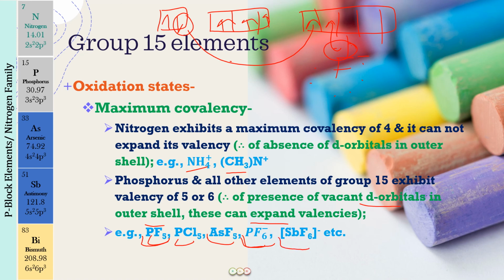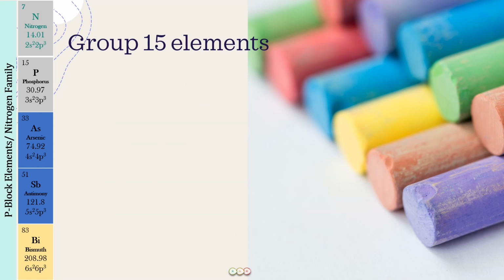Okay, so I hope this will be also clear, that the maximum covalency of nitrogen will be 4. For phosphorus and all other group 15 elements, it will be a maximum covalency of 5 or 6. Perfectly fine. Great. So this brings me to the end of this discussion, but not the end of this lecture,